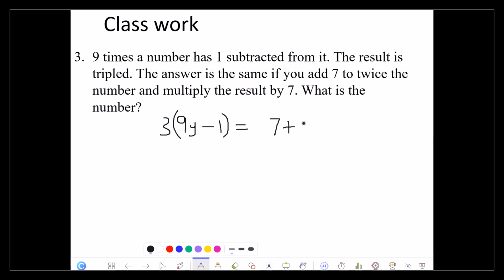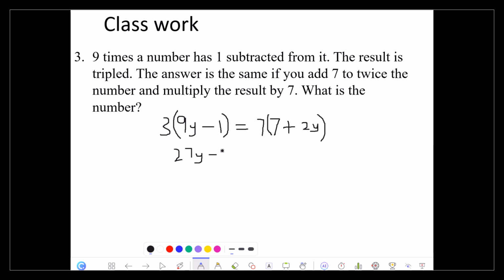So if you add 7 to twice the number, it means 2y, because we take y as the number. So I've added 7 to twice the number and multiply the result by 7. So multiplying the result by 7 means bracket 7, then you close your bracket. Now what is the number? You are through with that. The next thing is to open bracket by multiplying 3 times 9, giving you 27y